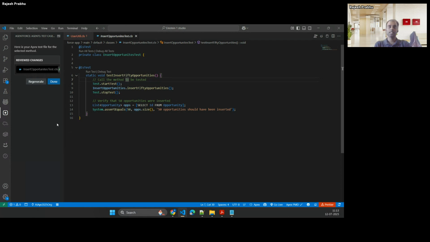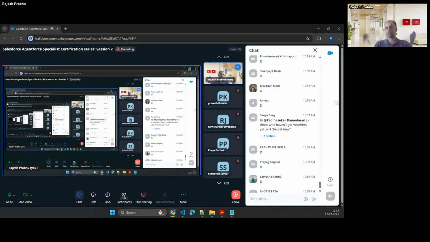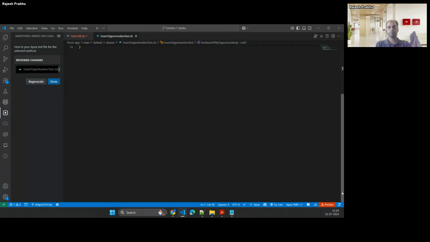Okay, the reason is this is metadata. The Salesforce metadata is known to this Agentforce, because once you install it and your VS Code is connected to an org, automatically the metadata gets collected by Agentforce, and it will be ready to answer any questions, even if it is a standard object or the custom object. Okay, that's the whole idea about Agentforce for Developers. So you can also create